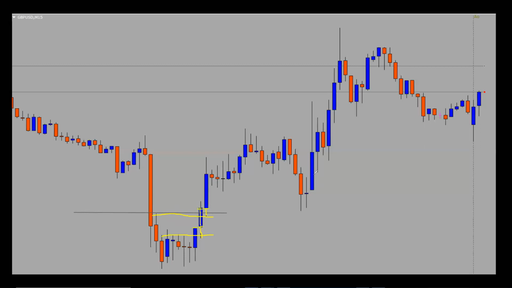Right. So, like this one right here, this area was tested with this candle. This candle opened here, came down, tested this point right here, and then turned around and did exactly what it was supposed to do, going up. And then same thing here. This candle came down,